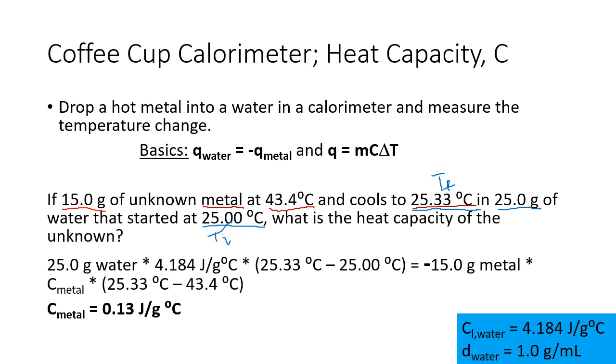You should not get a negative C value, nor should you get negative mass. Again, this is how you will know you have done things wrong, either in the order of your temperature difference or in forgetting the negative sign on one side. All right, so now that we have assessed how to figure out heat capacity for a coffee cup calorimeter, let's